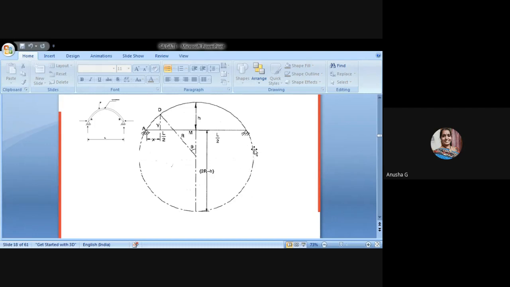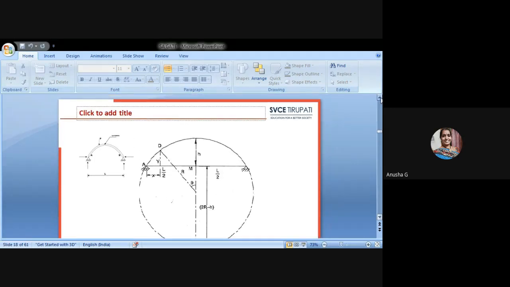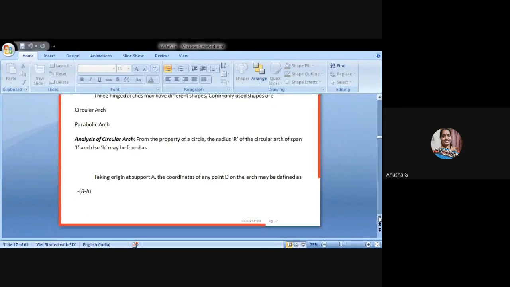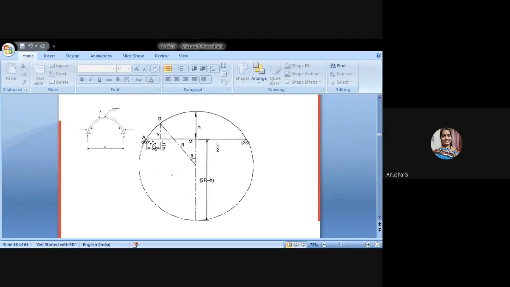If you take the circular arch, for this circular arch you have to consider the total distance between these two, and our equation is R minus H. R is the radius of the circle and H is the height, the rise from which point to which point. This total is R minus H. Here this total will be 2R minus H in the bottom direction. Only this direction, this total distance Y, we will call R minus H.